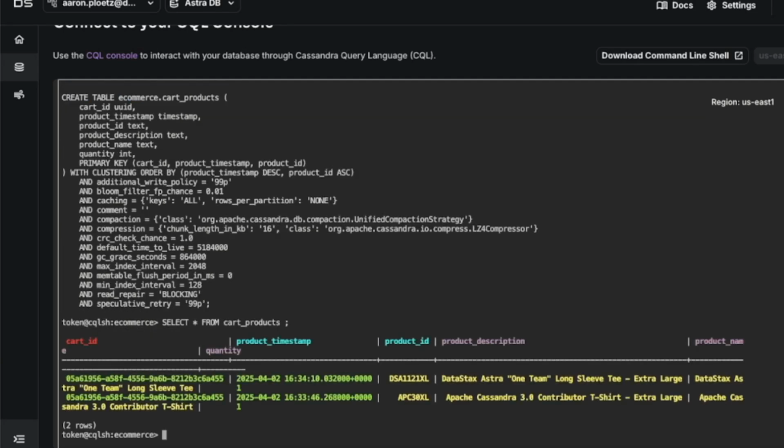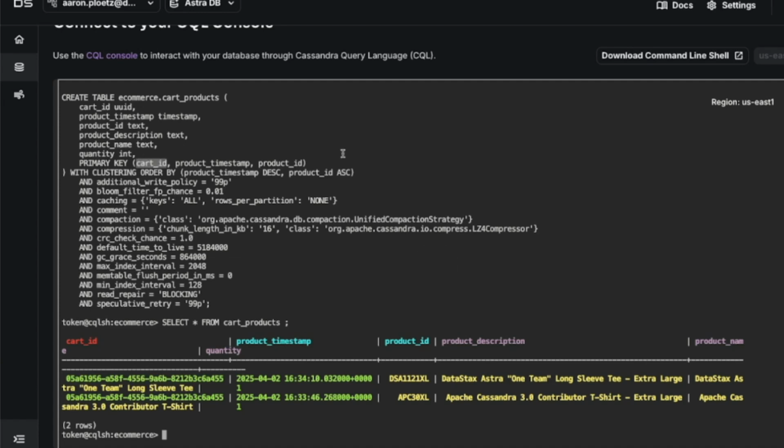There we go. You can see there are the two products that we've added into our cart. You can see it's denoted by this cart ID over here. Timestamp kind of matches up. So we have three primary keys that we need to worry about here.